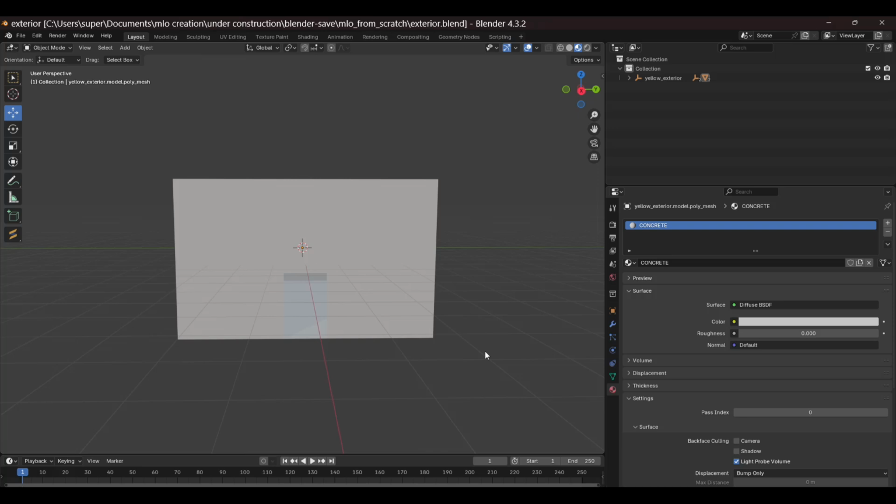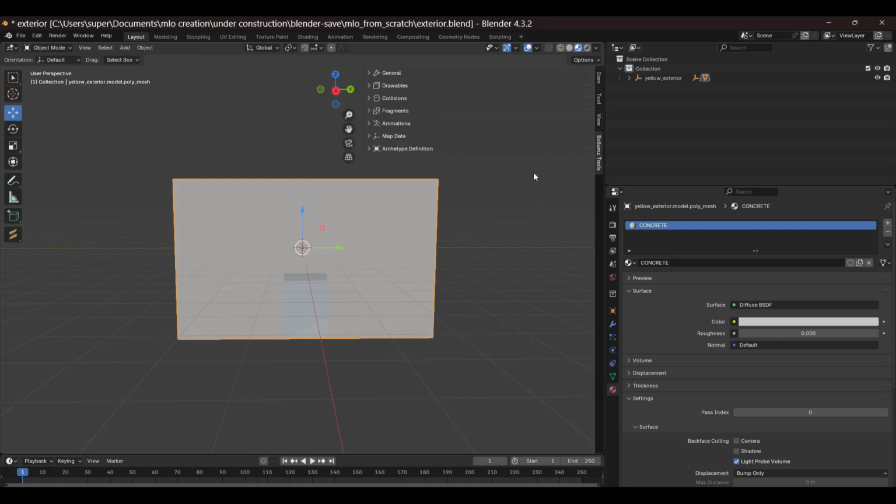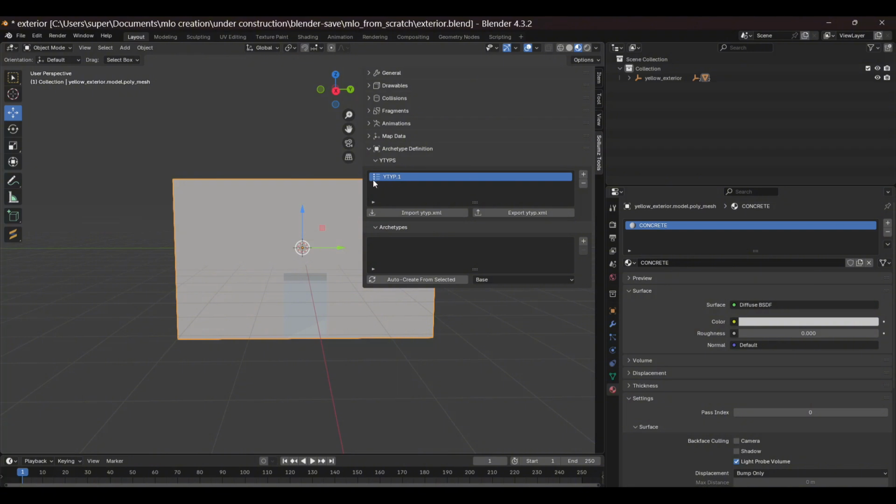All right, next step is we're going to create a Y type, which there's software that you can do it with, but you can actually do it right through here. How we're gonna do that, we're going to hit N again. Solemns is gonna be open. We're gonna drop down the archetype definition. Where it says Y types, we're gonna hit a plus sign, and we're gonna name this